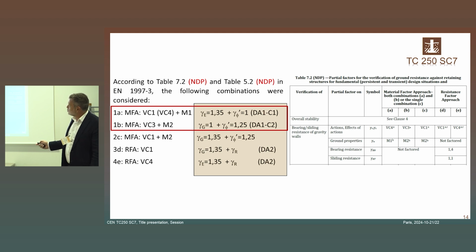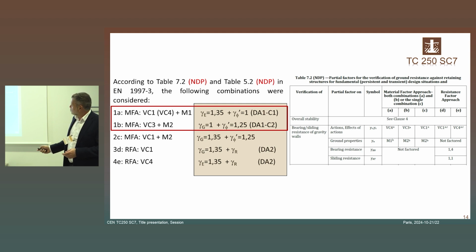And this is absolutely the same as what we would have gotten with the old or the current Eurocode 7 with design approach 1, combination 1. Similarly, in the second case, we get 1 on permanent loads and 1.5 on friction angle. That is combination 2 or DA1 in the present